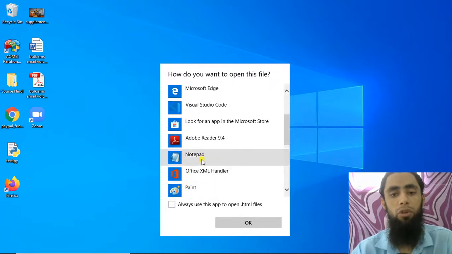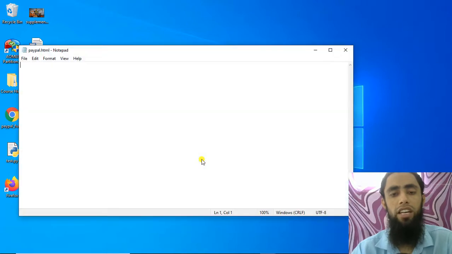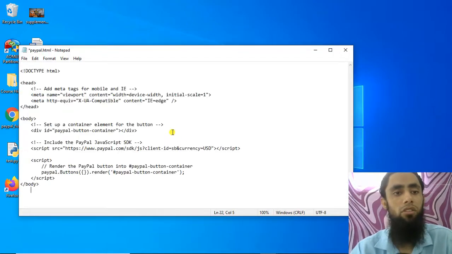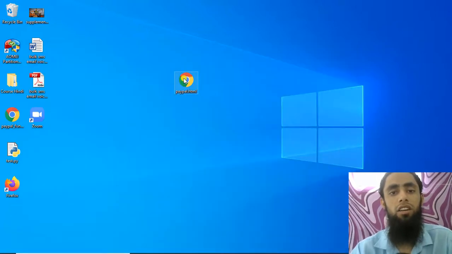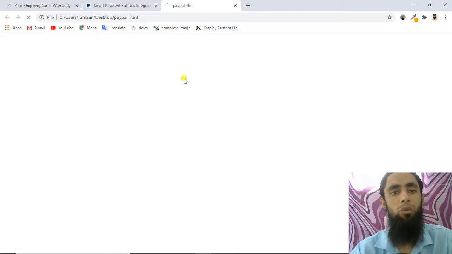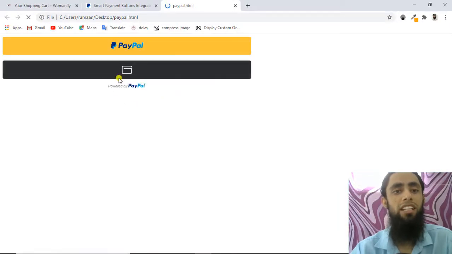Let me open it in Notepad. You can see that I have this Notepad, and I'm going to paste it over here. Let me save this one, and now if you double click on this one, it will open in the browser, and you will get the same thing over here. So these are the PayPal buttons here.